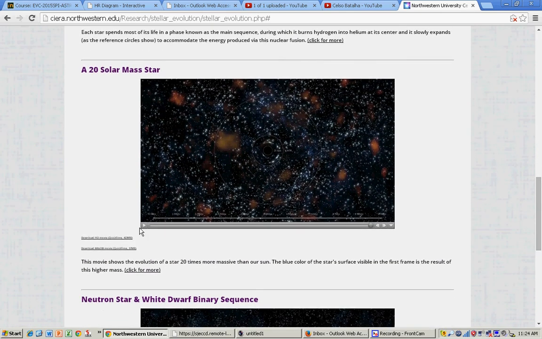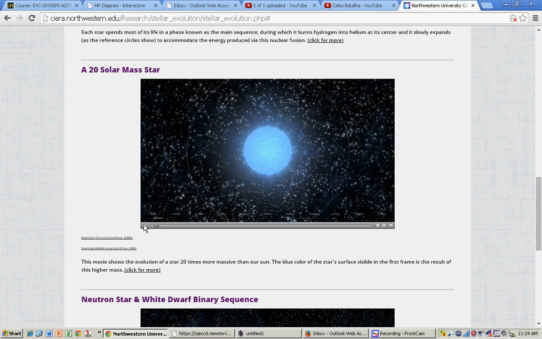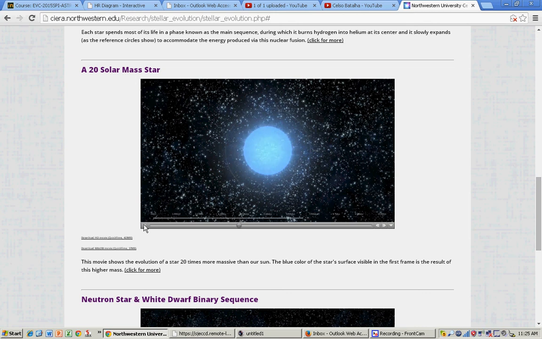So let's go to an even more massive star. So a more massive star, what's the difference? Well, the difference is it goes also through these different cycles in which different atoms fuse in the core, and they start kind of going a zigzag as a supergiant, a blue and a red, or a blue and a yellow, and keep going on up to an explosion, a supernova type 2. But the core is not going to be a neutron star, it's going to be a black hole. Supernova type 2 with a black hole in the core. And of course, black hole, we won't see anything in there. Just keep on going.